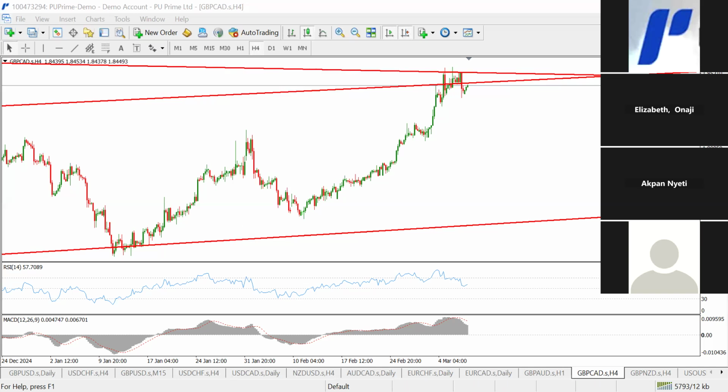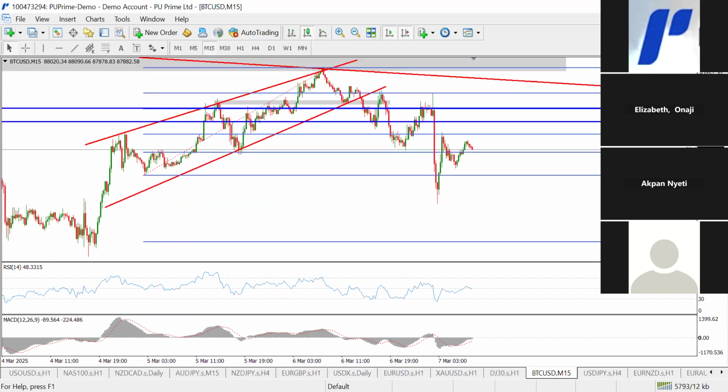BTC already moved. There's no setup on BTC. Madam Manager asked and I analyzed BTC yesterday, and it has done its major move already. We wait for the next move of BTC. Nothing is happening on BTC at the moment. That's done. You can see it has dropped. No setup at the moment. But we'll see the next setup. We'll let you know.